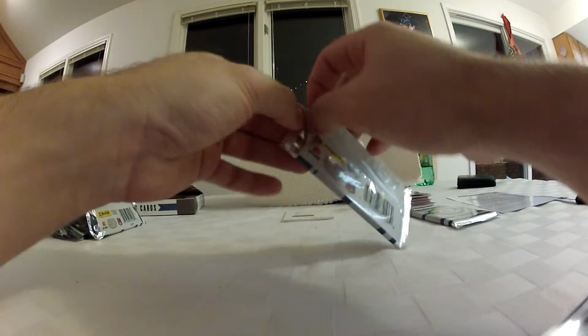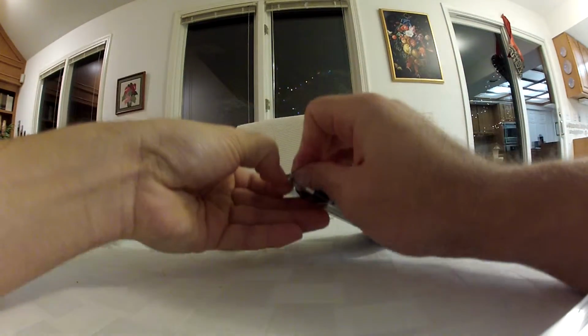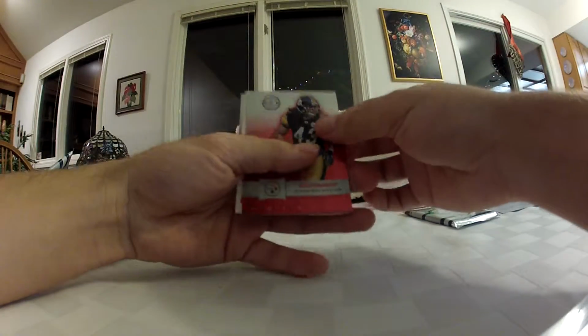2 more packs to go. Still no autos, but 1 redemption and 3 mem cards. So